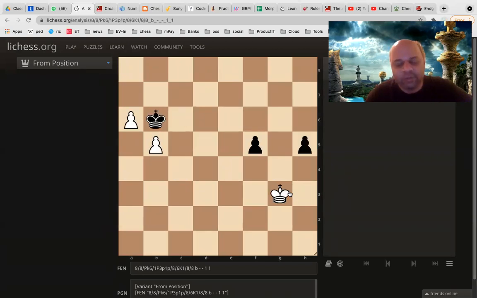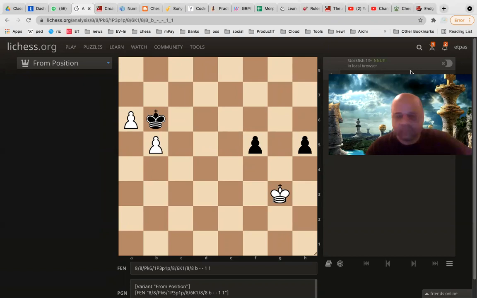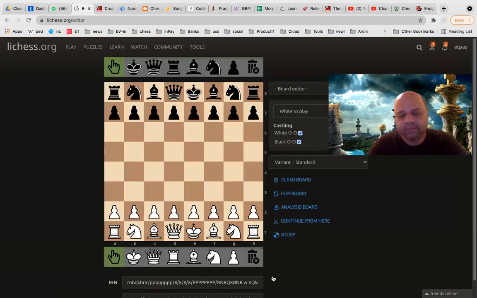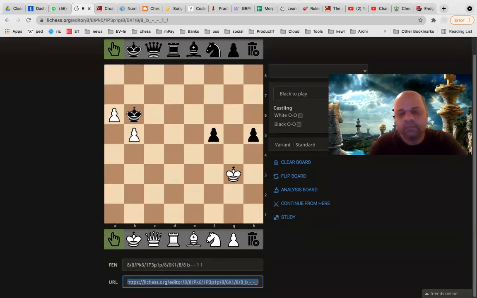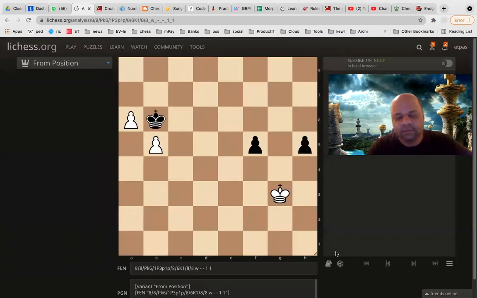It is white to play. No, I think it's black to play. Did I make it black to play? Yeah, again, I think I made it black to play. So let me put it. Because when you copy paste the thing, yeah. So this is the position. So we will study this. Okay, so let me stop the recording and